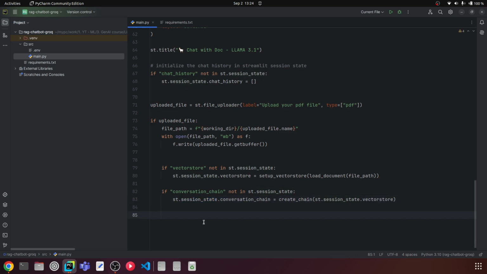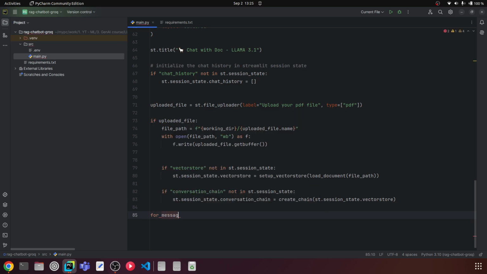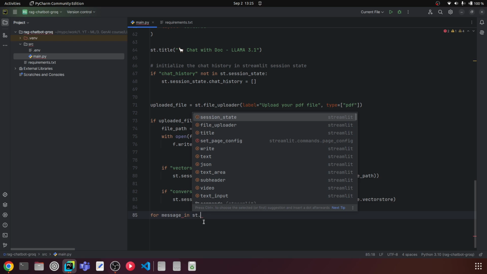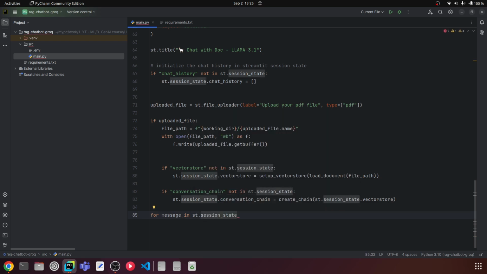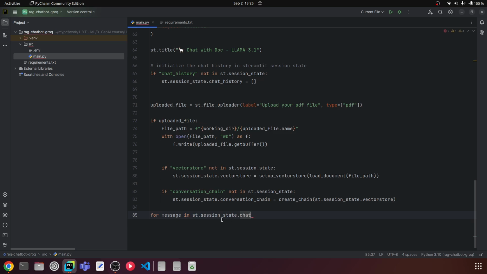So let's move on to the next step of displaying the previous messages. I'll say for message in st.session_state.chat_history. Now we are going to display the previous questions and answers. Let's say the user is asking a question, right? We need to display the previous questions and answers, and we are doing that with a for loop. We look at the chat history list in the session state, and using that we can say